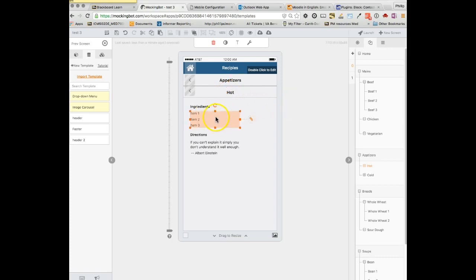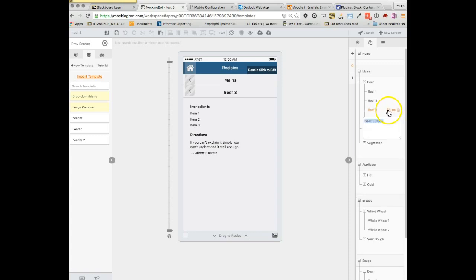And now I can list some, I'll get rid of this because I'm actually listing a list of hot appetizers. So under here, I think I'll just copy like this beef one. Another trick is that you can duplicate a screen. So if I go beef and I say that copy of beef, I'll just drag that down under appetizers,